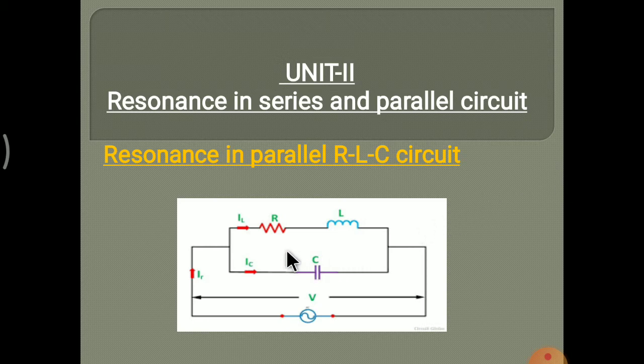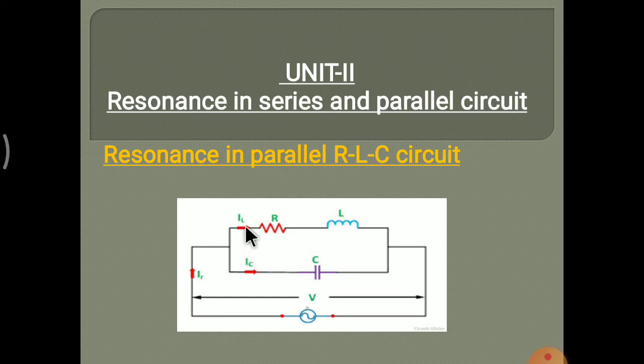This is a parallel RLC circuit. Resistor and inductor are connected in series. This is one branch, and another branch is the capacitor, which is connected in parallel to this combination of resistor and inductor. Across this, supply voltage V is connected in parallel. Supply voltage V is the same for branch 2, the capacitor, and branch 1, the RL. This is the total current I which flows through the supply voltage, that is supply current or total current.